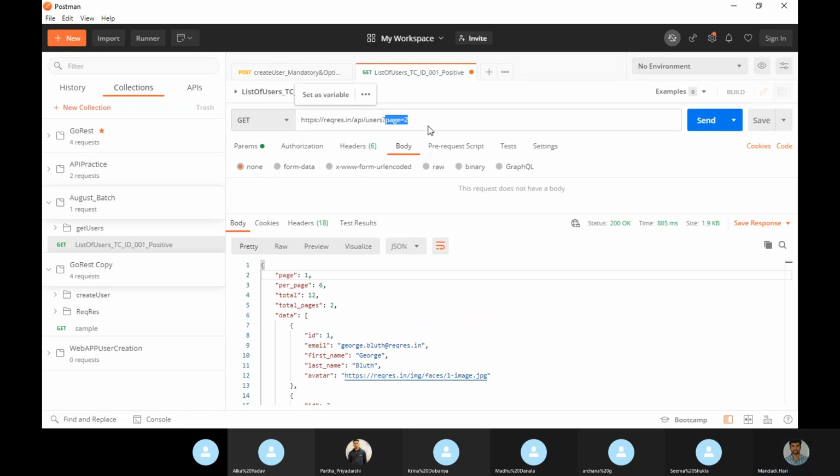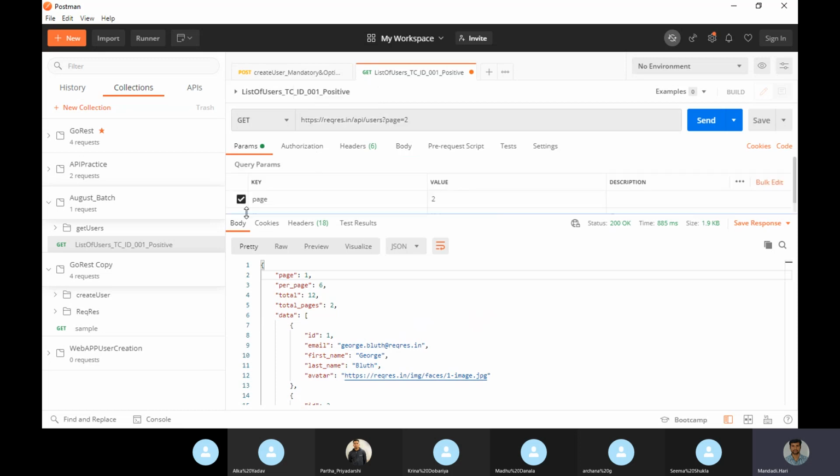Whenever you give it here, it will immediately be available in the parameters. Page 2 came, I have not given it anywhere else. I gave it in the URL, so it took it automatically.